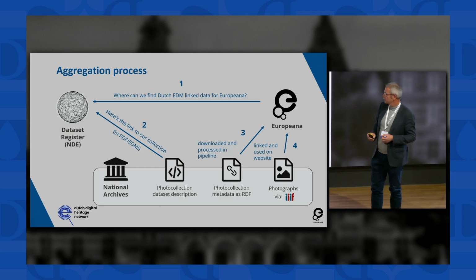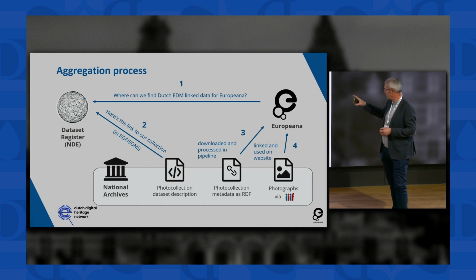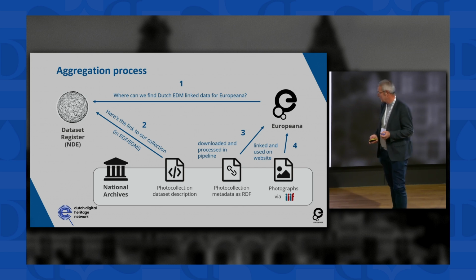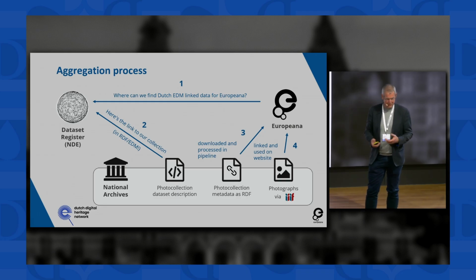Europeana queries the dataset register. It finds, through the dataset register, the link where the data can be downloaded. The data is downloaded by Europeana and ingested in the Europeana pipeline. And that's a very neat and simple process, at least on the picture, of course. There are always details to work out, but so far, I must say, we've been quite successful in getting this